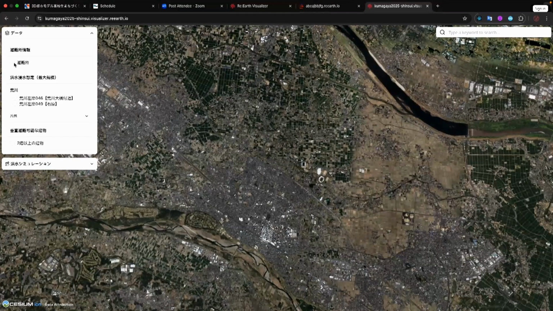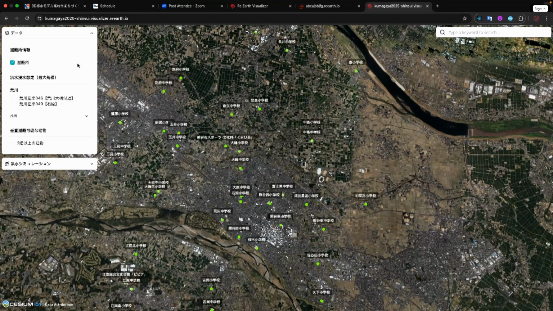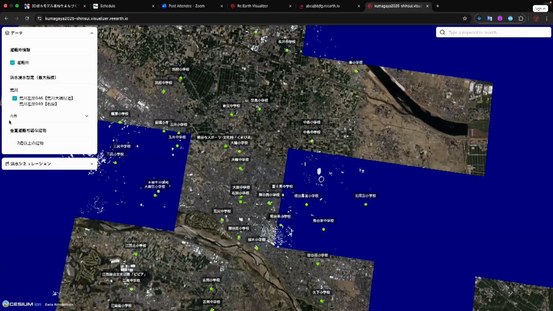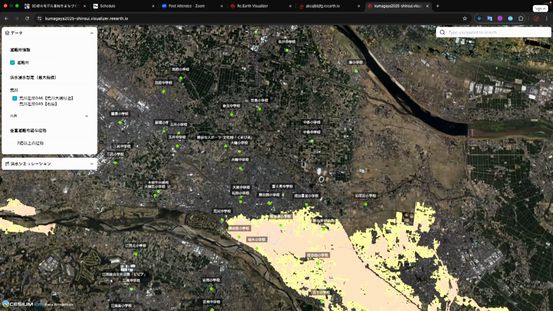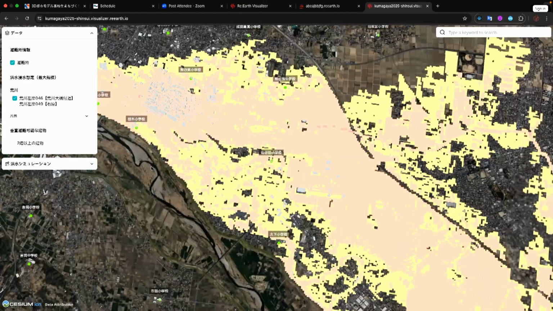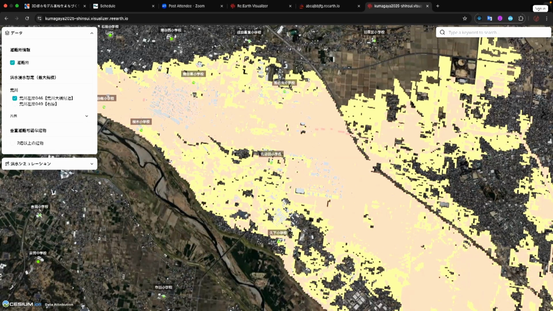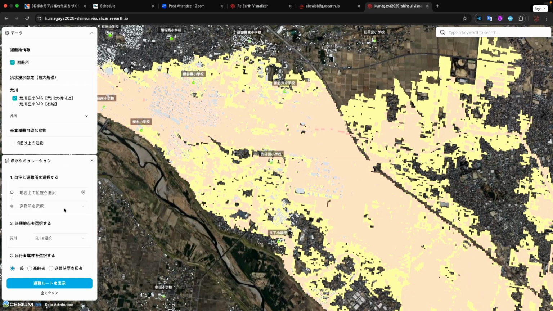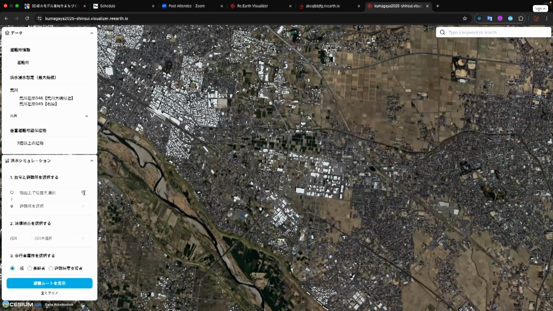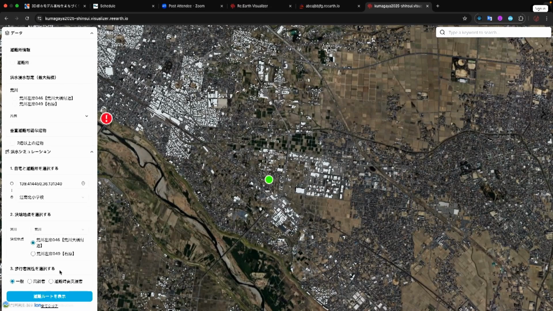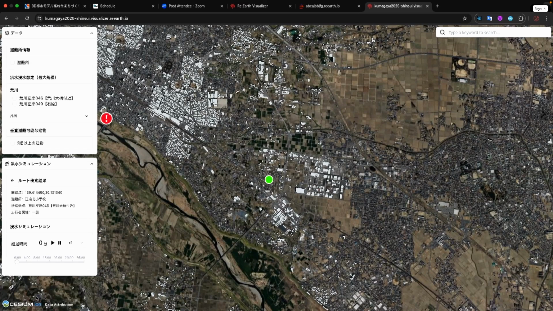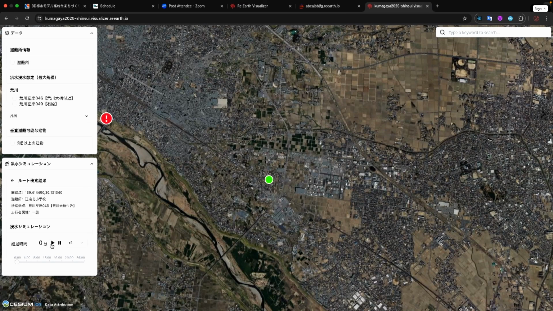So here, you can switch on the shelter information, and you can choose river. You can see what the situation looks like when a flood happens. I can pick a point on the map, choose a place I want to escape from, choose a river, and then I can search the route. After I search the route,